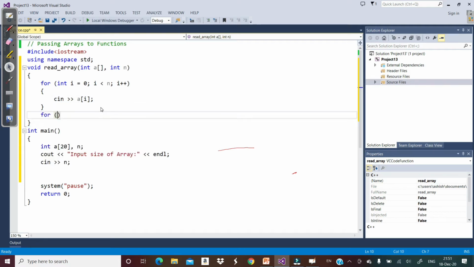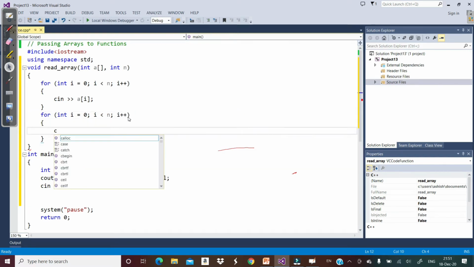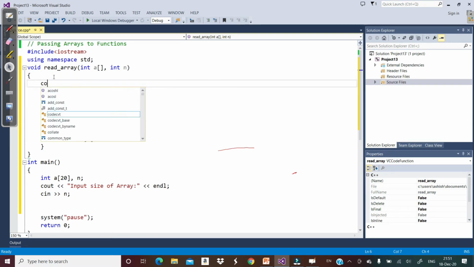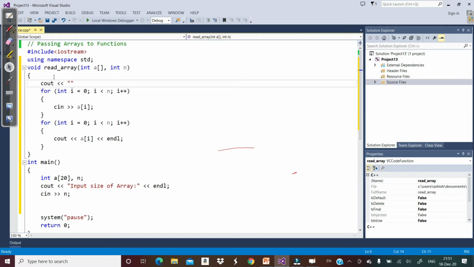So for int i is equal to 0, i less than n, i plus plus, cout a of i, and then just go to the next line, and here we can write cout input array elements, and here I should write endl.